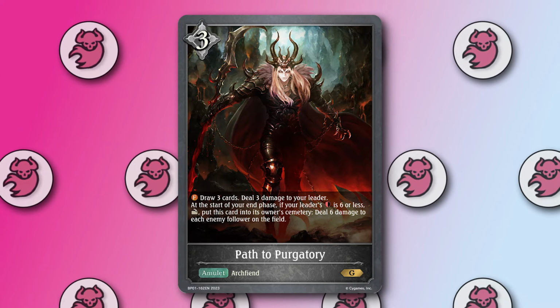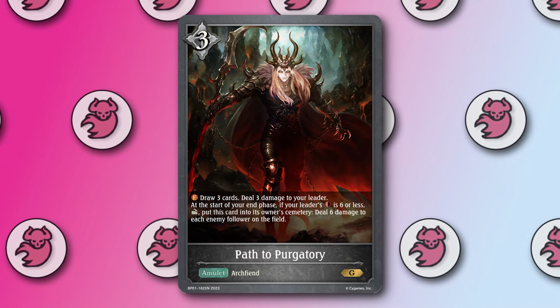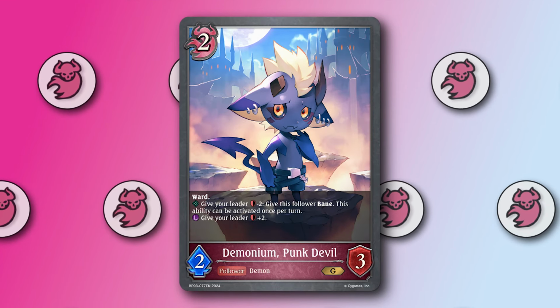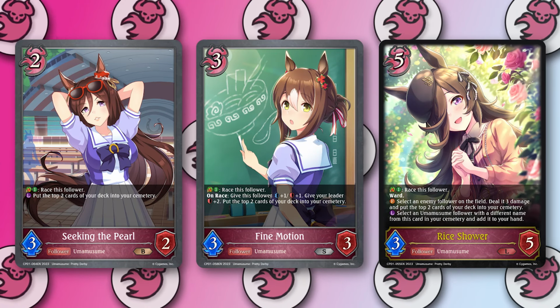At the start of your end phase, if your leader has 6 defense or less, then you can engage it and put it into your cemetery, and then it deals 6 damage to each enemy follower. Punk Devil is a strong card that can recover defense for your leader, but it can also gain Bane to deal with big threats. Seeking the Pearl, Fine Motion, and Rice Shower all mill cards from your deck as well